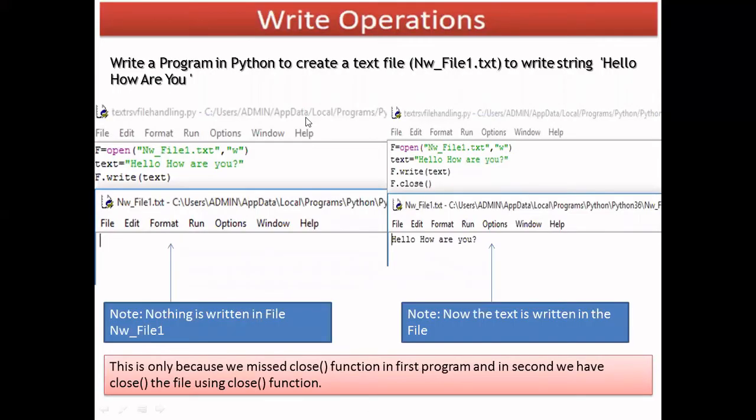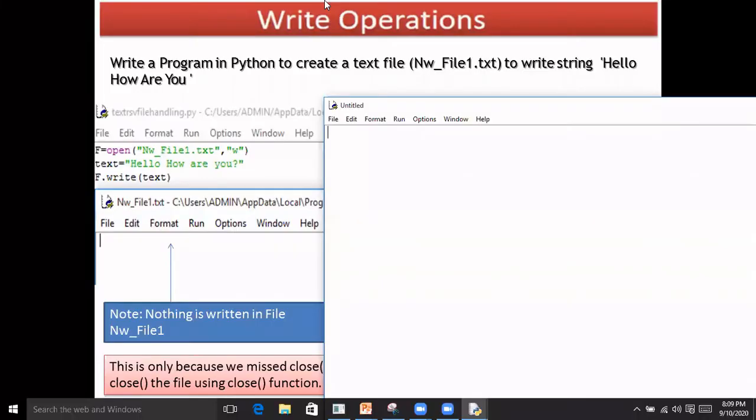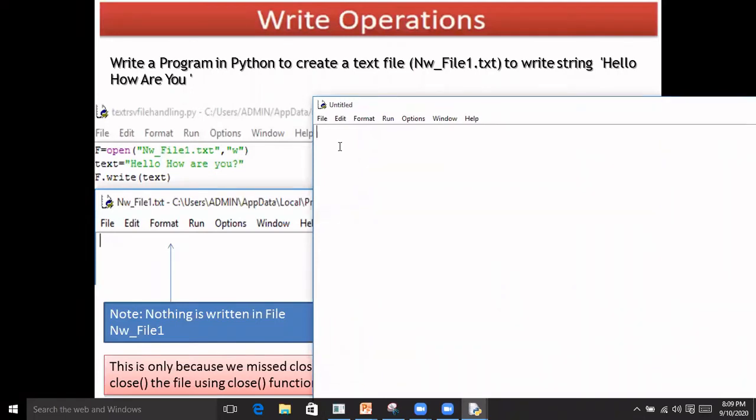My first program is to write a program in Python to create a text file and write "Hello, how are you?" So how could I write it? First of all, let me share my idea and then we'll do it practically. Let us now open Python in script mode and write a program.